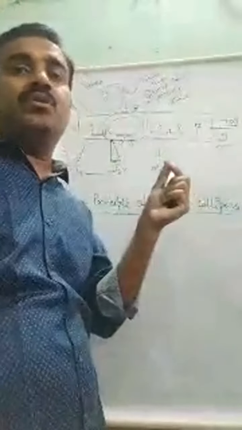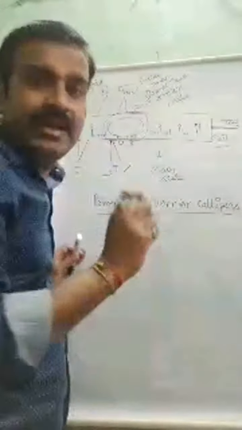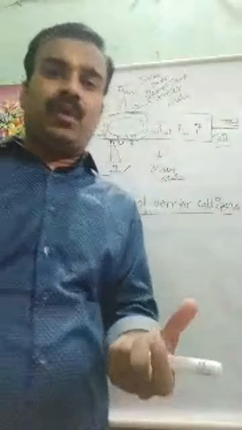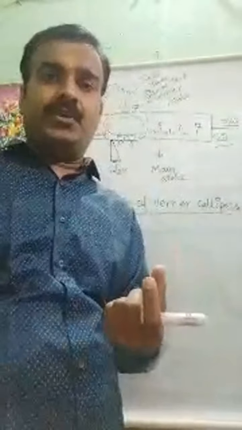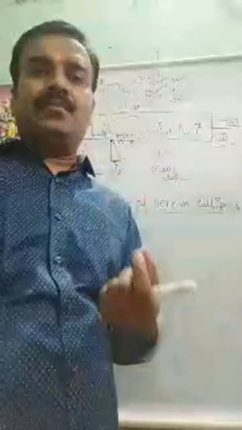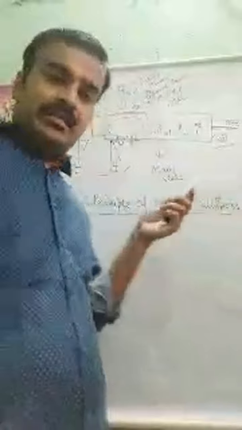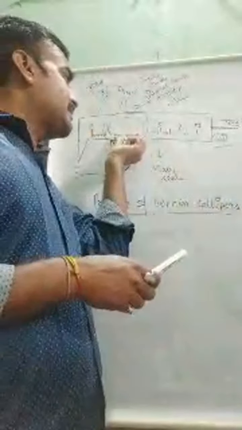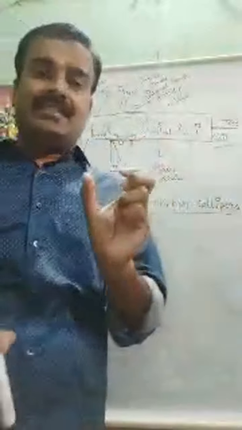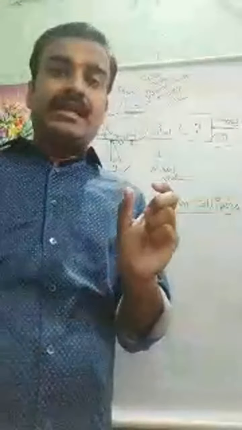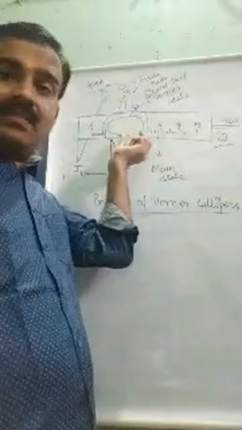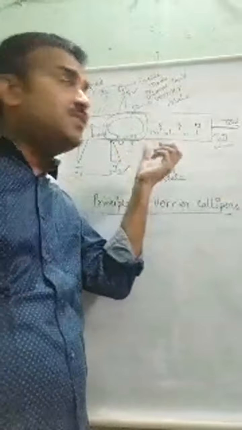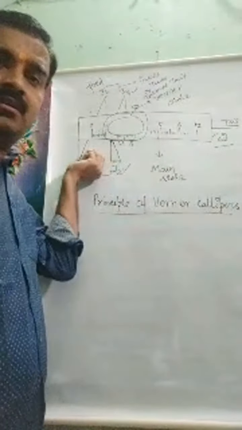Okay, see, once we join both the jaws, in the Vernier scale there will be 10 divisions. Basically, for practical and experiment purposes, each Vernier calipers available in the market has a Vernier scale with 10 divisions. Okay, this Vernier scale has 10 divisions, and once we join both the jaws,